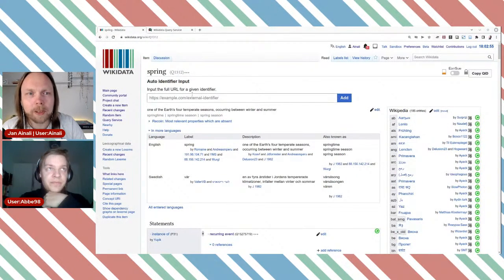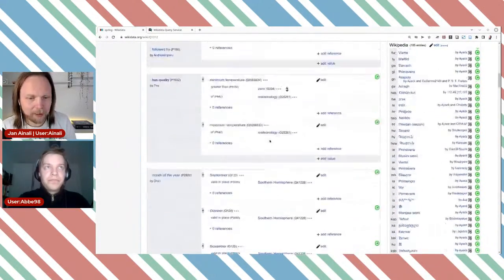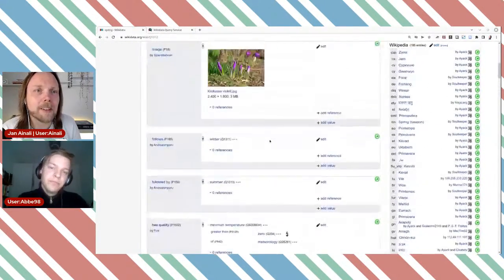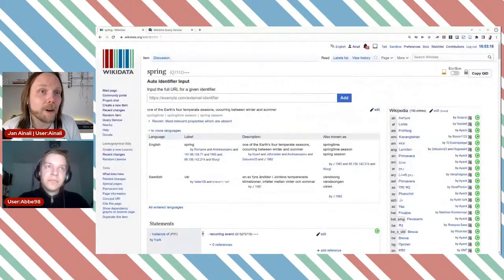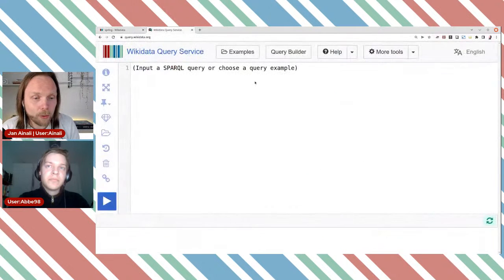To explore, I'm going to start sharing my screen here. So here's the item for spring, and right now I'm trying out a number of new user scripts, so it's a little bit messy here, full of things. But it's an item like many others, and I'm not going to start editing in here. I'm just going to see that this is the one. It has a very low and nice QID, Q1312, and instead I'm going to head into the Wikidata Query Service,